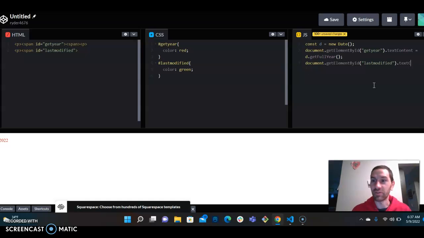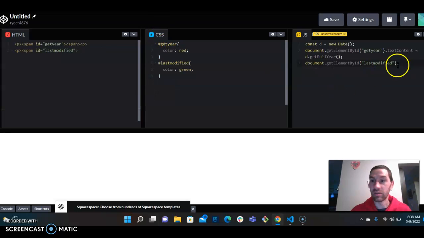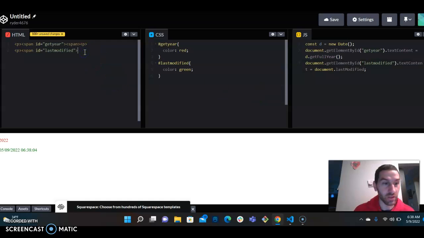No, I'm doing something wrong here. Let me reference. Oh, yes. This is what I need. Okay. So now last modified pops up. You see how it is